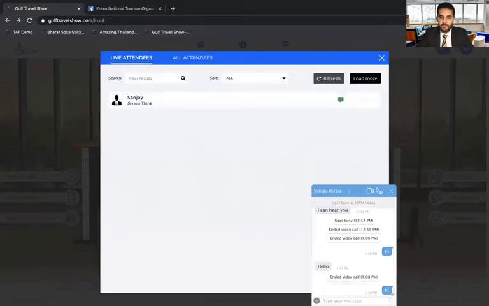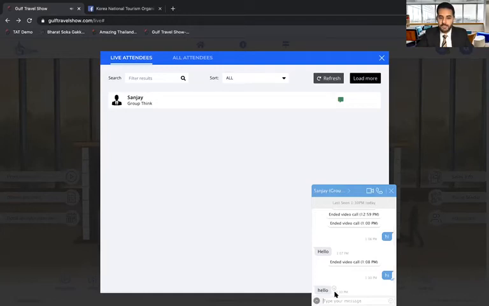And like similar social media handles, I can see that the blue tick indicates that the person has read the message and is also starting to write. So as I can see, Mr. Sanjay, that I have initiated the dialogue with, has responded to my message. And similarly, I can also start audio and video call with these symbols on the top of the chat box. I will just show you how to initiate the call in just a moment.